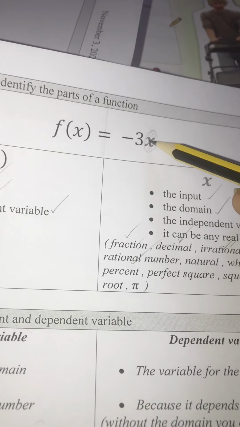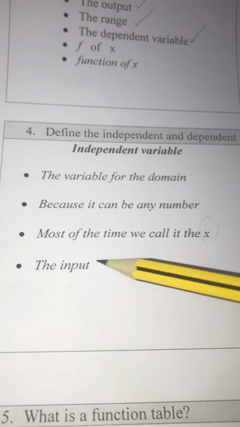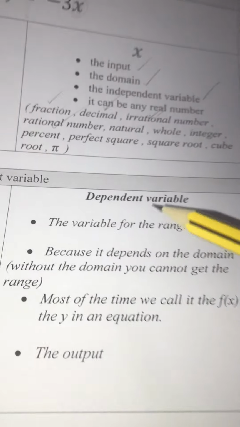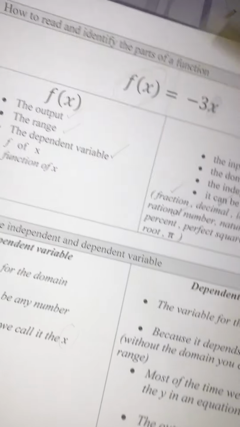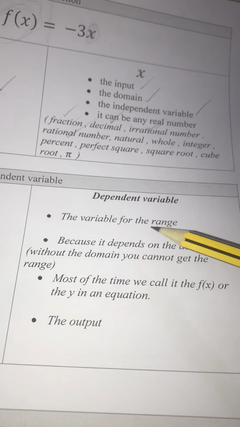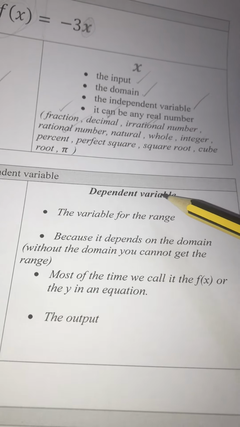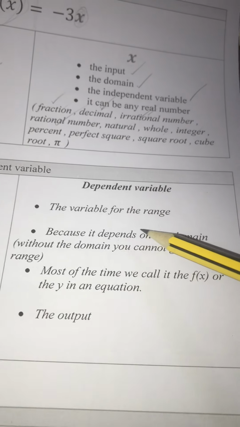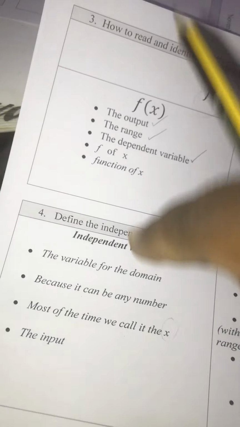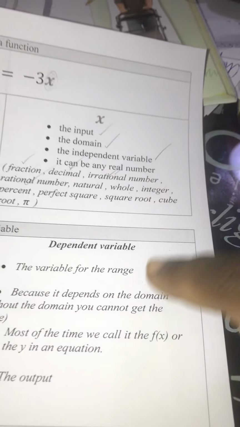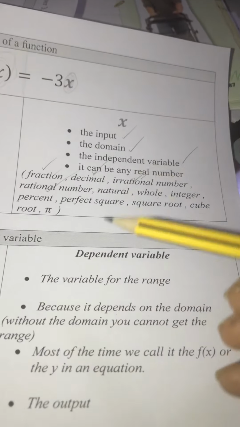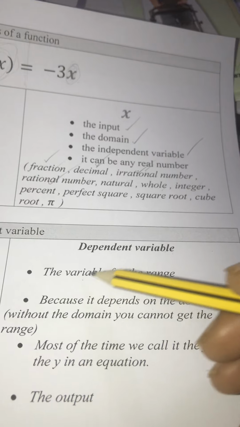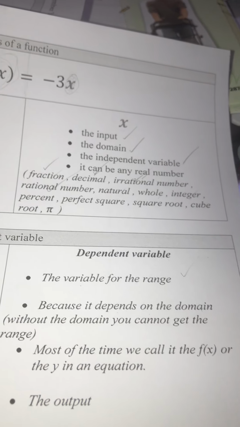This is the independent variable. Okay? The dependent variable, this one over here, the output. It is called the dependent variable because it depends on the domain. You need the domain to get the range. Without the domain, you cannot get the range. So, the dependent variable is the variable for the range. Because it